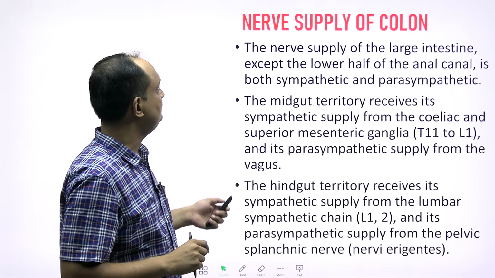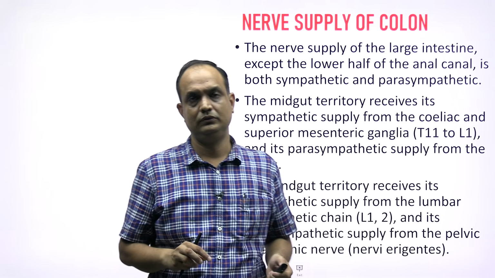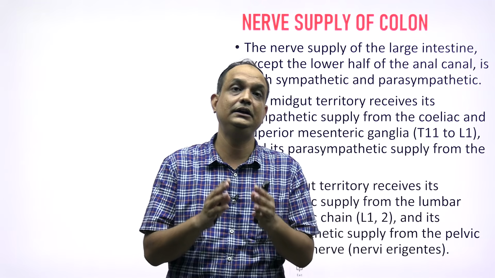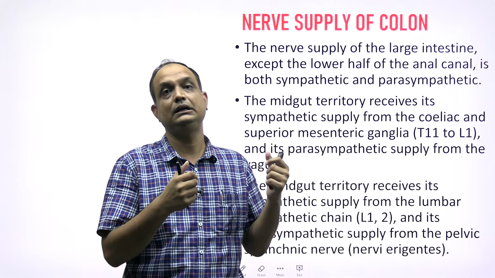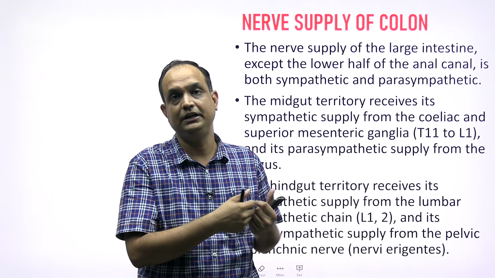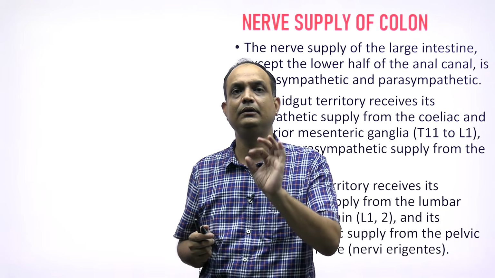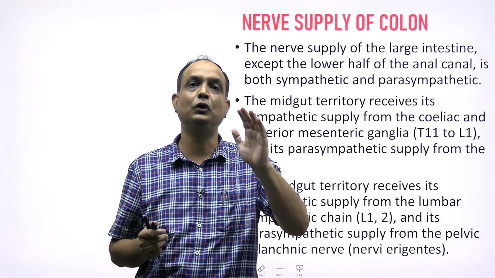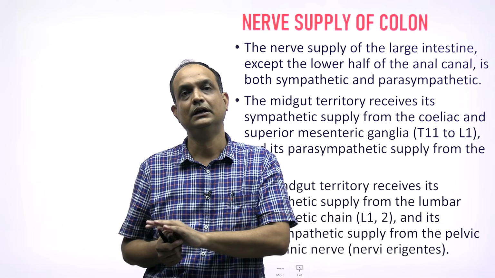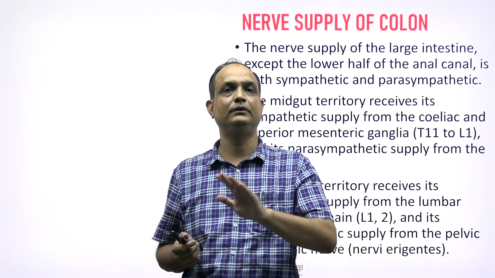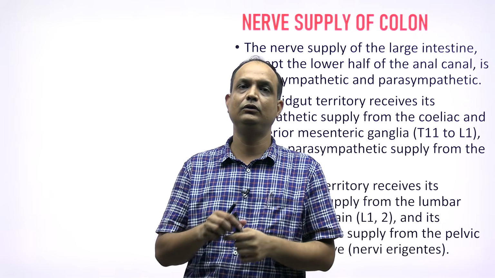Now, what is the nerve supply of the colon? We have already seen the detailed nerve supply of the GIT in the class, which you can go and see. But here I will just briefly describe it. The foregut, midgut and hindgut are the 3 parts. The sympathetic supply comes from the thoracolumbar outflow,